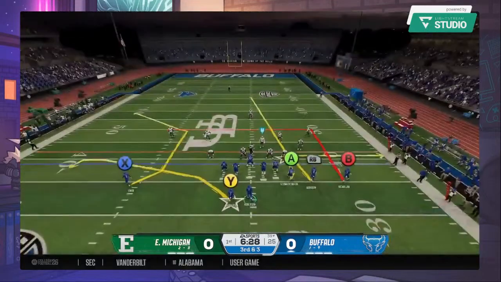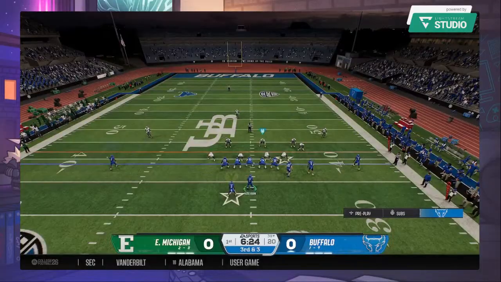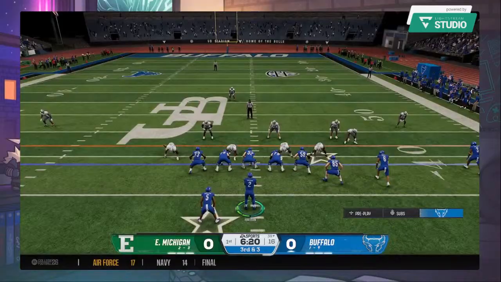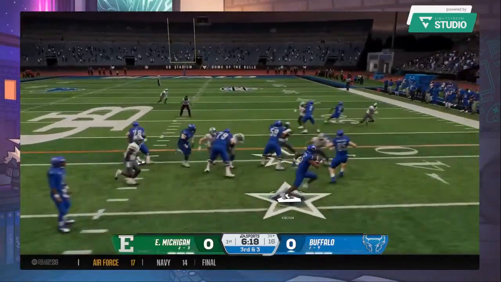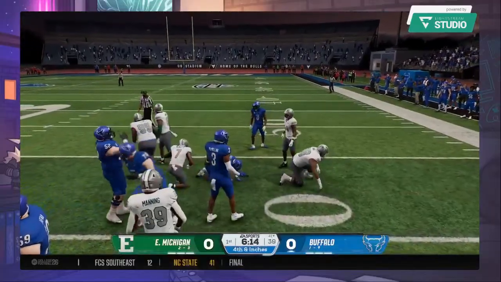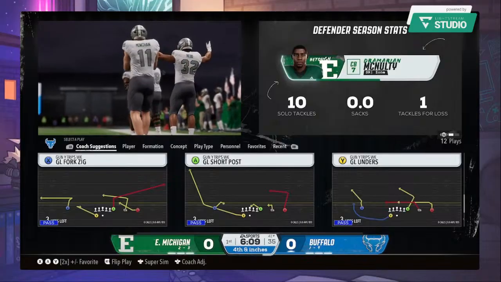Keep pounding away at this defense and make them play the run. If you can get this many a chunk, they're going to have to commit more guys to the box, more guys to the run. Then you open it up for the passing game. On 3rd and short, they'll ride the running back here. And boy, is he close to that first down, maybe just a couple of inches short.